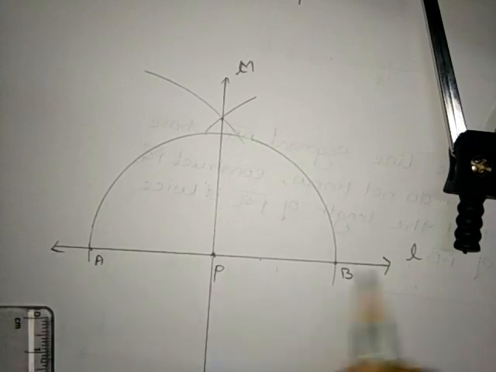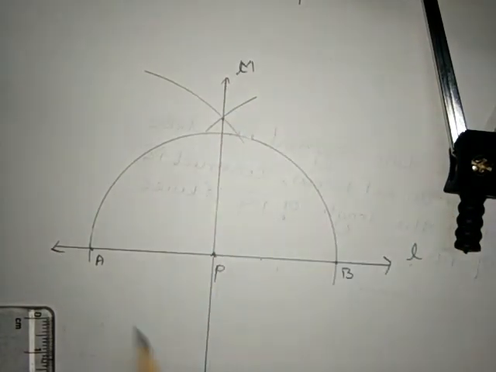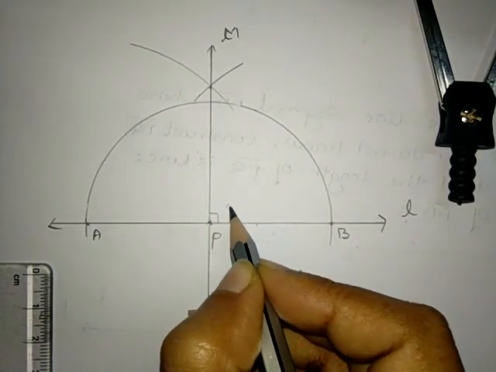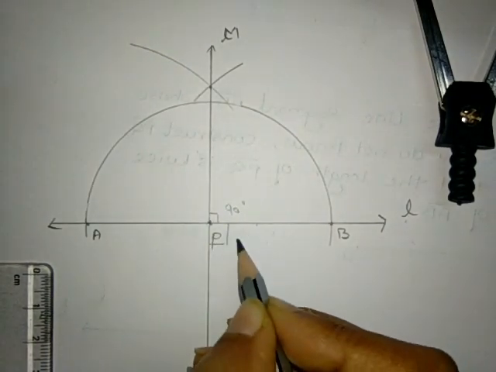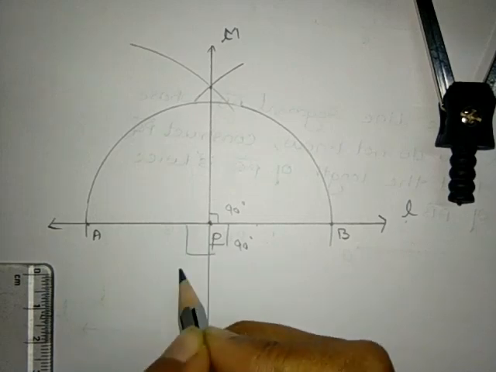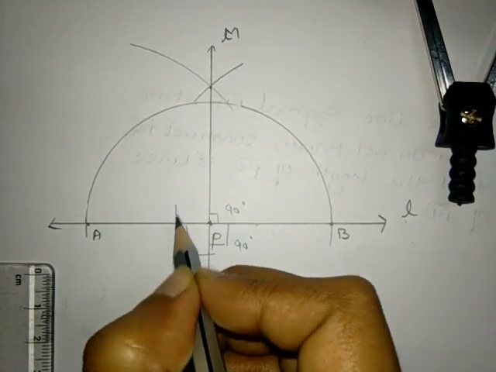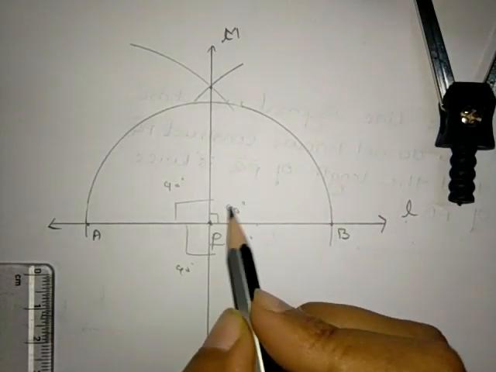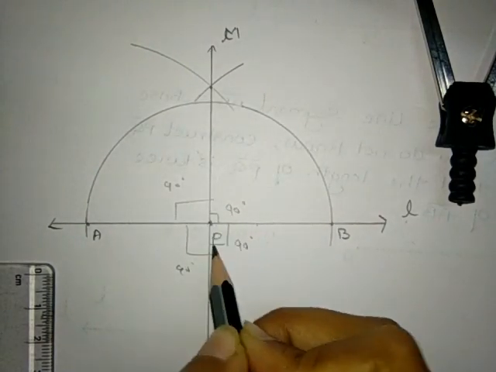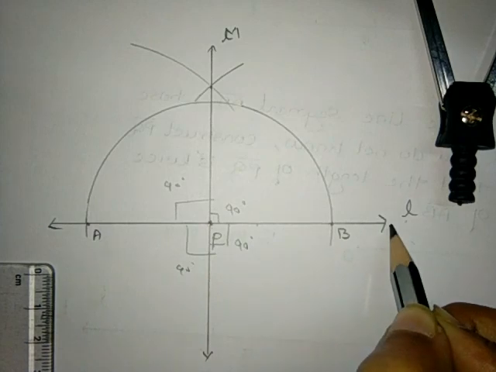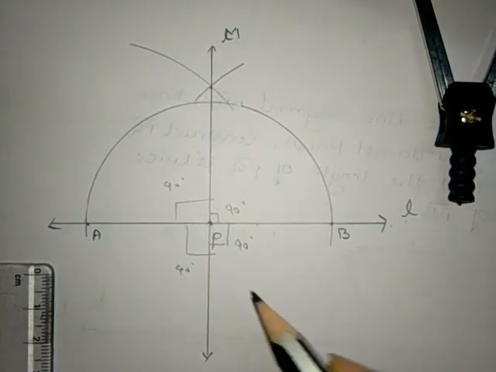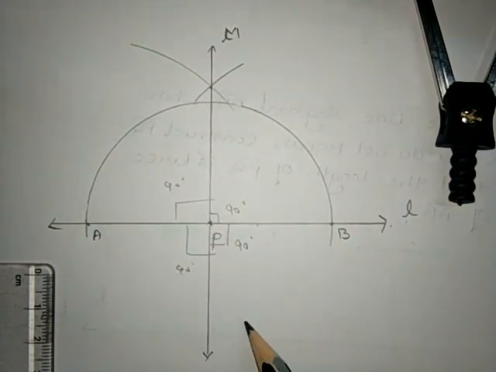You can observe here lines L and M are perpendicular to each other, isn't it? They are making an angle of 90 degrees, isn't it? Yes, this is how you should construct two perpendicular lines here. This is the method when a point P is lying on the line L. We'll see how to construct a perpendicular line when point P is lying outside somewhere.